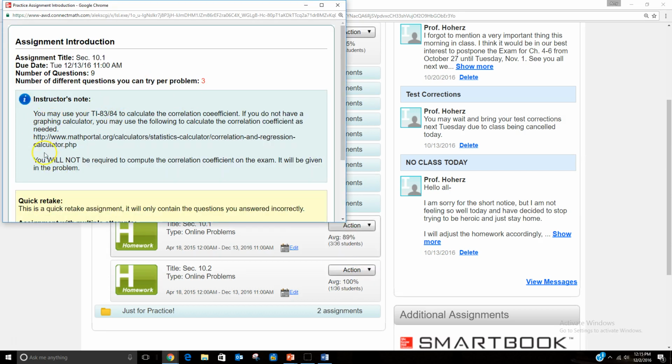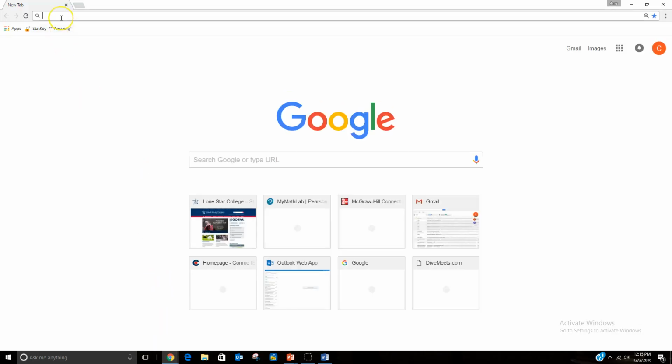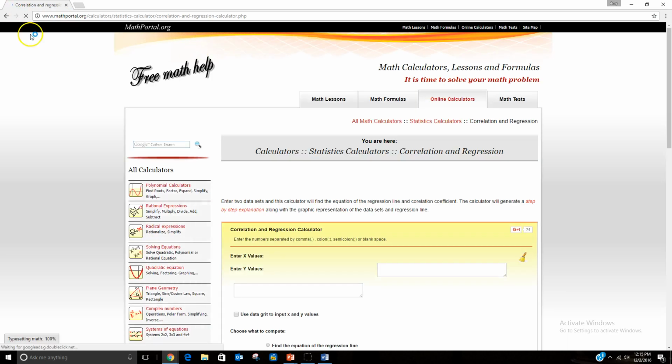we don't usually have these, so you may not notice it if I didn't point it out. There's an instructor's note here that says you can either use your TI calculator to calculate the correlation coefficient. This is for 10-1, so we're just doing the R. If you don't have a TI calculator or you don't know how to use it, you can just take this address and copy it, and then go to a new page in your browser, paste that in, and it will take you to this